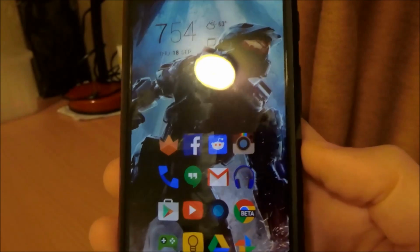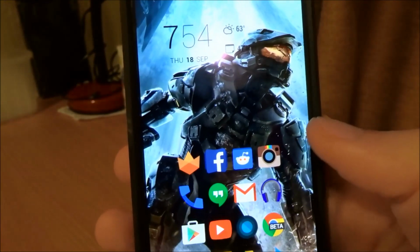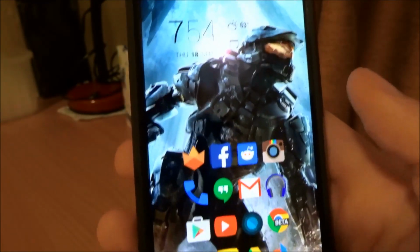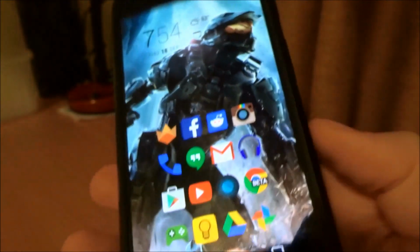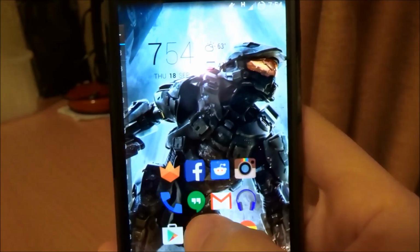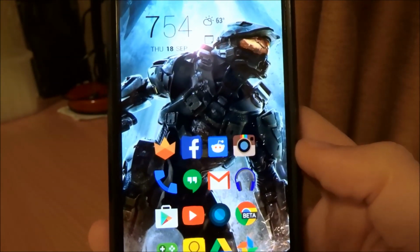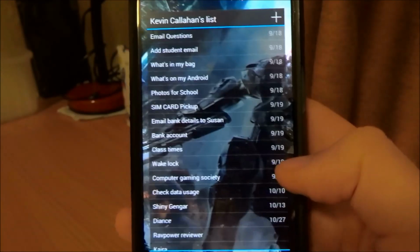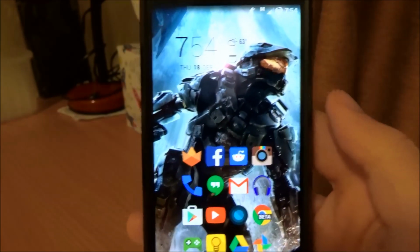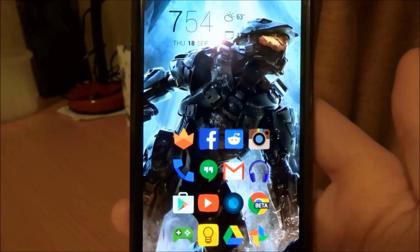Starting physically with what's on my Moto X, this is the Subcase Unicorn Beetle Hybrid. It's a TPU and a hard plastic case, which is really nice. It's nice and thin. I really don't like cases on my phones, but I figured I should use one while I'm here. And then I can just dive through what's different, what's changed, how I've been using my Android device